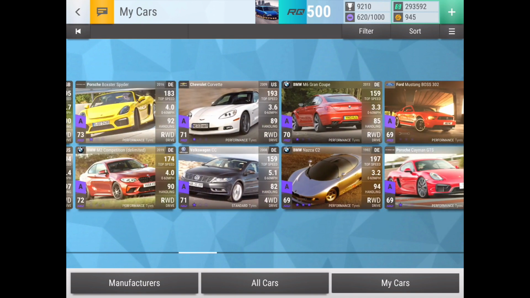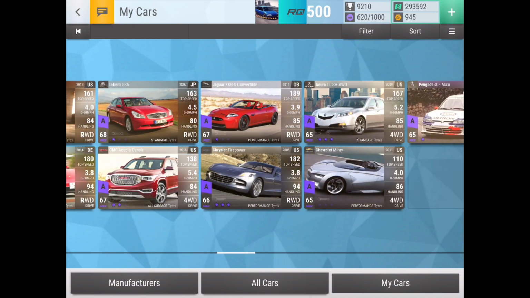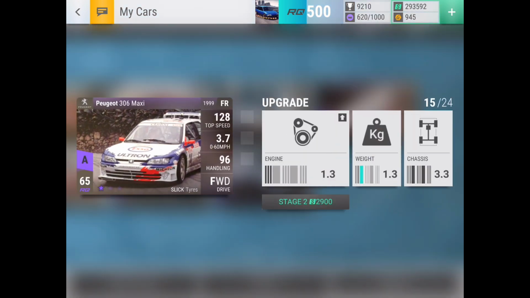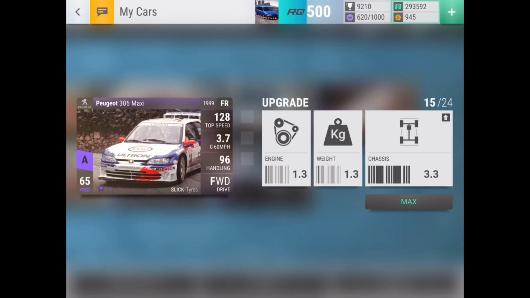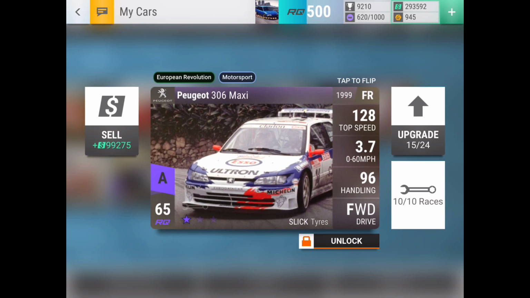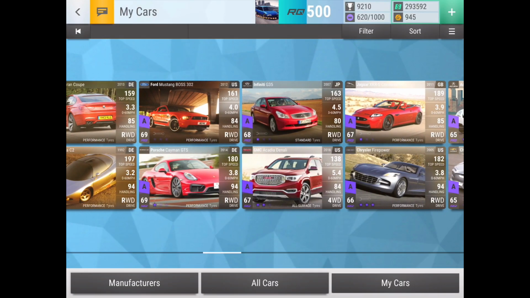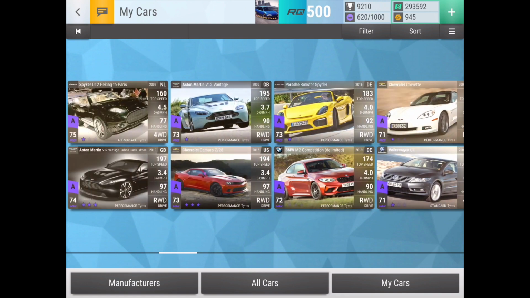The sensitive slider thing is bugging again. Also, the Chevy Murray is a project that I want to work on, and also finishing my 306 Maxi is another. Now I'm clicking on Play. The screen is very sensitive right now. So yeah, there's basically a big group of cars that I want to work on maxing,